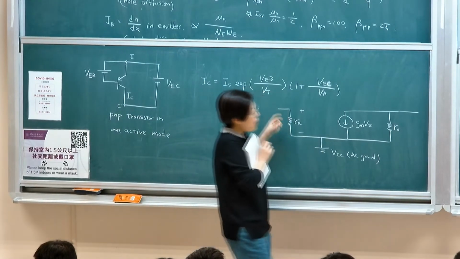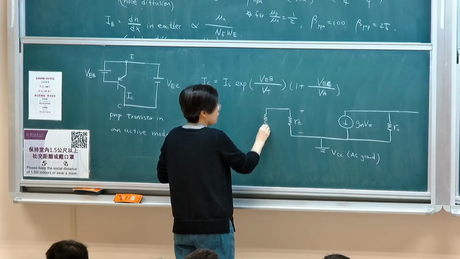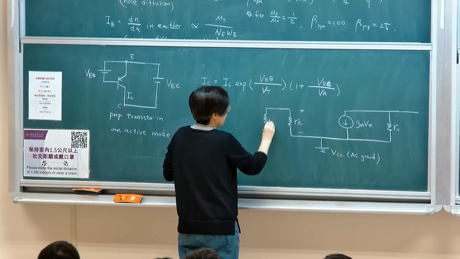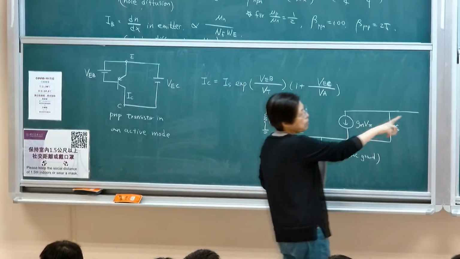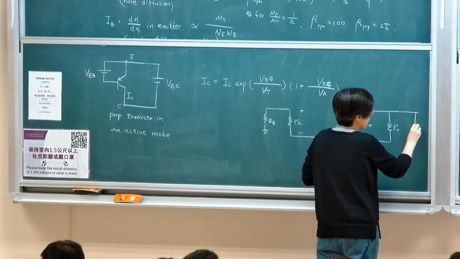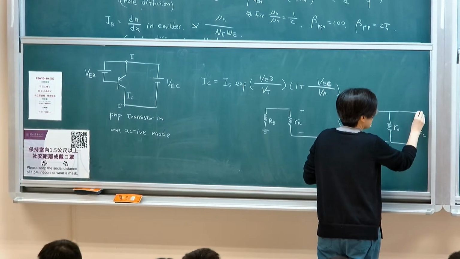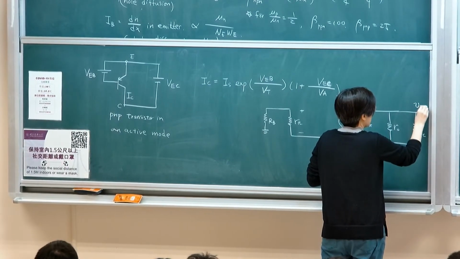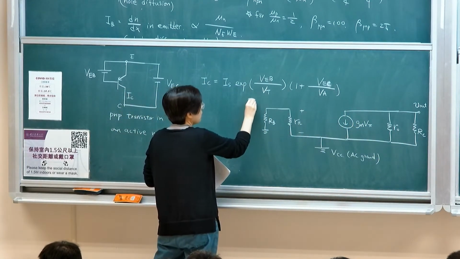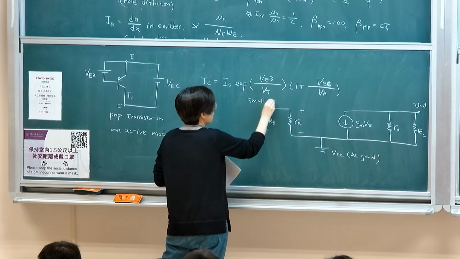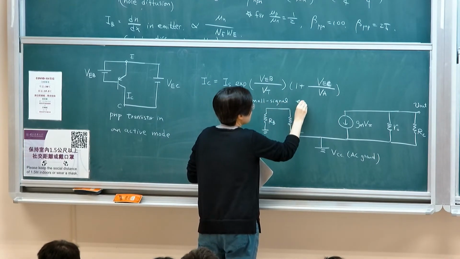And then my input terminal will be this, RB. This is my small signal model, and my output terminal is collector. So collector is connected to RC. So this will then be my small signal equivalent circuit,